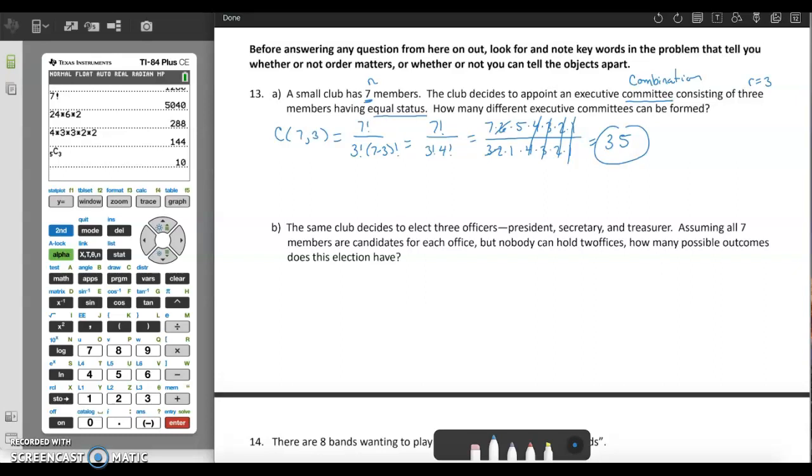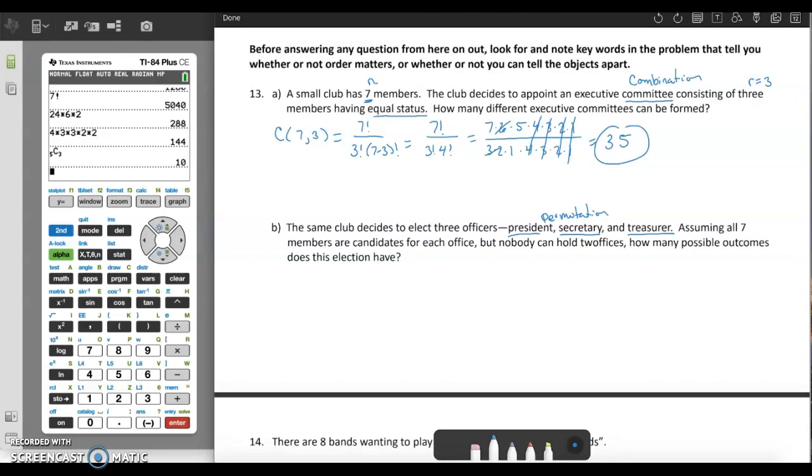Okay, what if this same club decides to elect 3 officers, a president, a secretary, and a treasurer? Assuming all 7 members are candidates for each office, but nobody can hold 2 offices, how many possible outcomes does this election have? Okay, so now we can tell the people's jobs apart, right? The president has a different job than the secretary, who has a different job than the treasurer. So titles here on this committee, or it's not a committee anymore, now it's officers. So the titles are what make this a permutation,